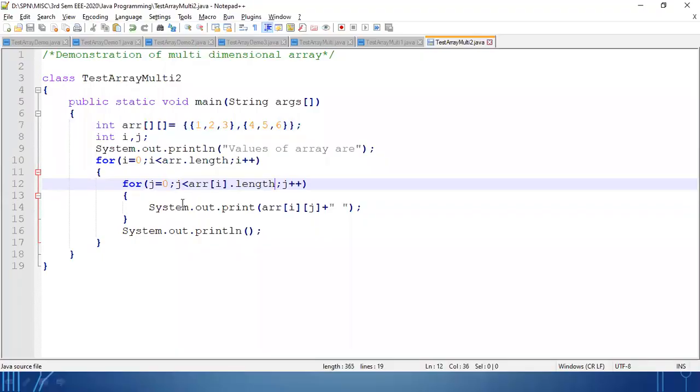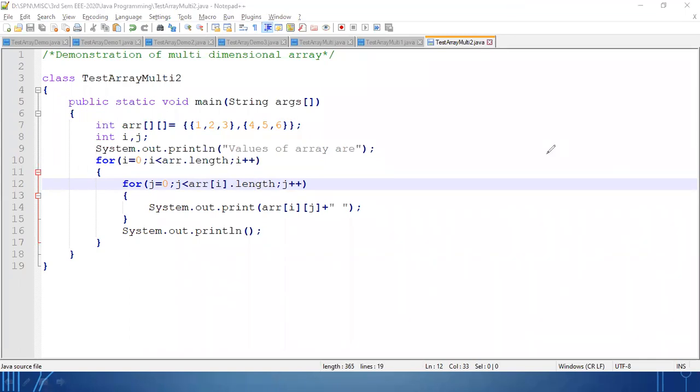So the multidimensional array is nothing but a collection of multiple 1D arrays. Array name dot length in a multidimensional array will give you the total number of rows present in the array. And whenever you write array of individual row dot length, it means for every row, what is the total number of columns. By using this concept, we can come to a different concept of multidimensional array, that is known as your jagged array.